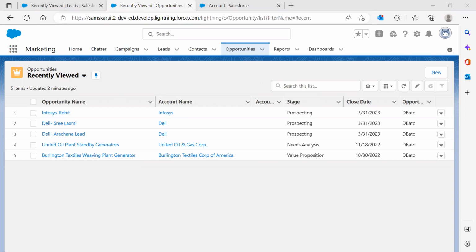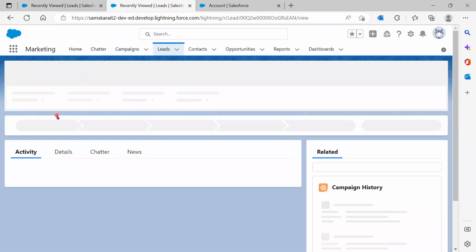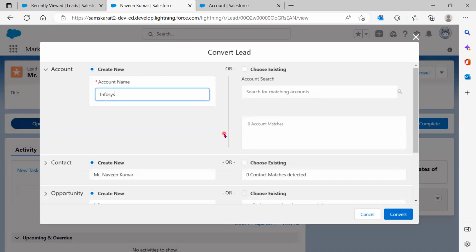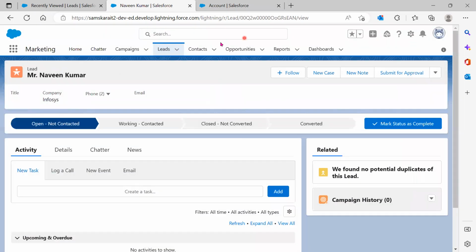Ma'am, I have a doubt about whenever we're converting the lead. Let's say we have an error validation rule that says the associated contact, or the associated account, is not created. Then how do we need to proceed? I have a gap in understanding there. If you have that type of issue,